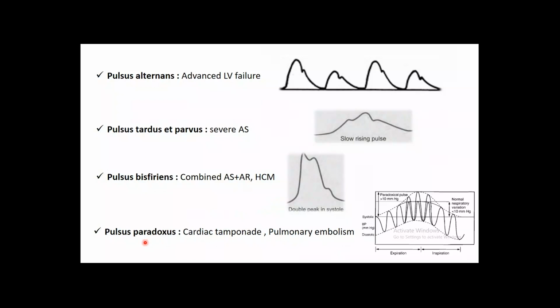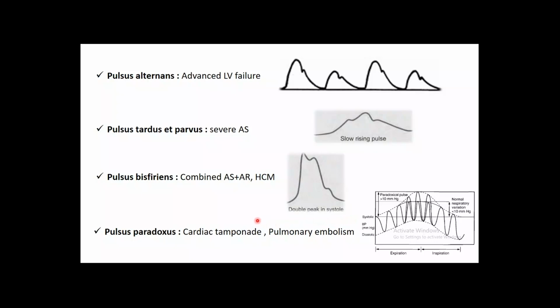Finally, pulsus paradoxus. Why is it called paradoxus? Because normally during inspiration the pulse volume decreases. This phenomenon is normal, but up to certain limits. A drop of blood pressure up to 10 millimeters mercury is normal, but when exaggeration of this normal drop occurs, more than 10 millimeters mercury drop of blood pressure during inspiration, this is pathological